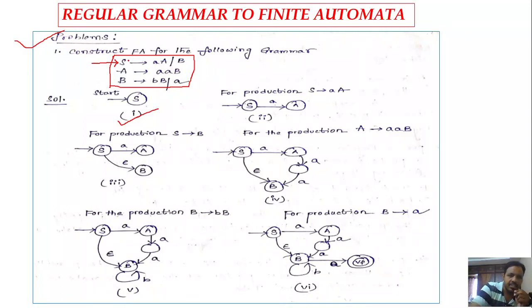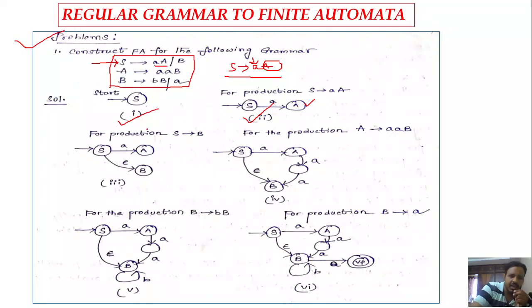Okay. Now see the production here. S denotes small a, capital A. So first we are taking the production S denotes small a, capital A. So it is in the form of a terminal followed by a non-terminal. Then how do you specify the transition from this? Take the state S, and on small a there must be a transition to state A. So that is step number 2. In step number 2 we have specified the transition from S on terminal a towards the state capital A. Since A is a variable, that can be considered as a state.